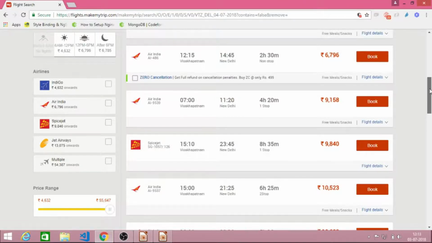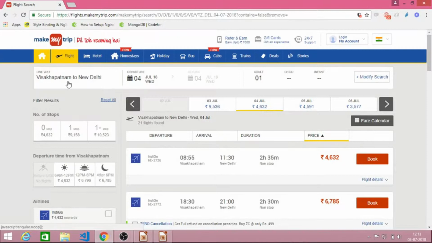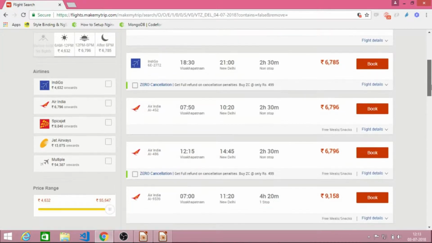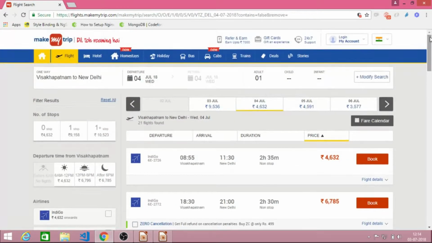That API takes this input, and if the input matches, it sends data, the individual flight details. We get the data, and MakeMyTrip arranges the data in a user-understandable way, like a good, rich UI. So that's an example of API.